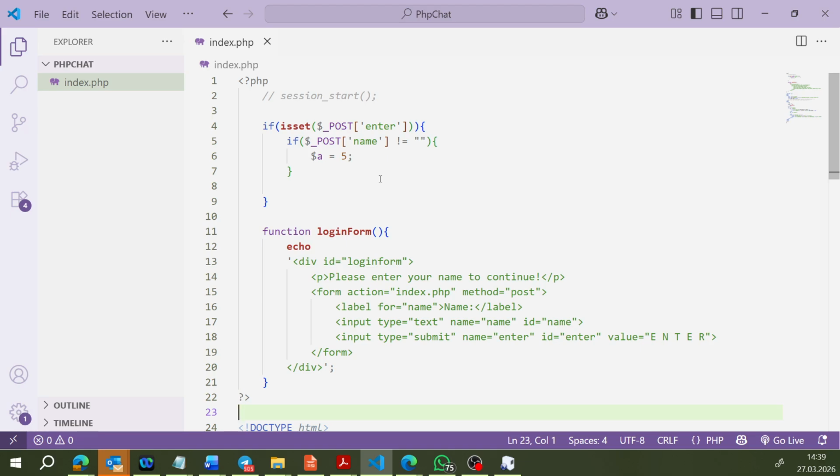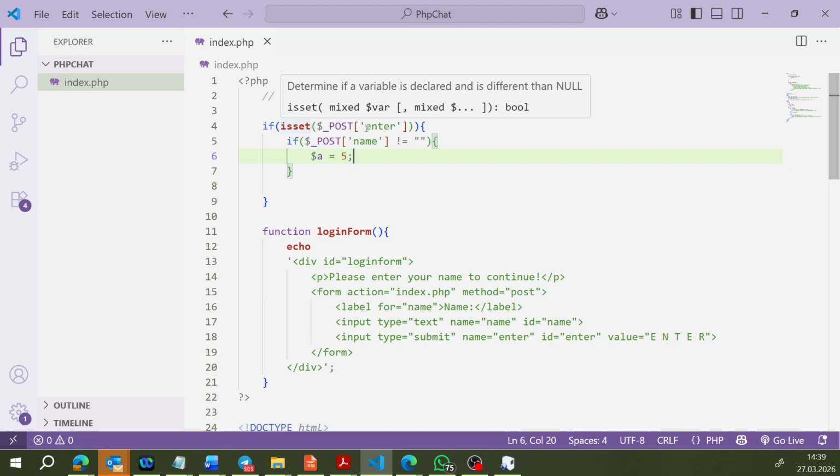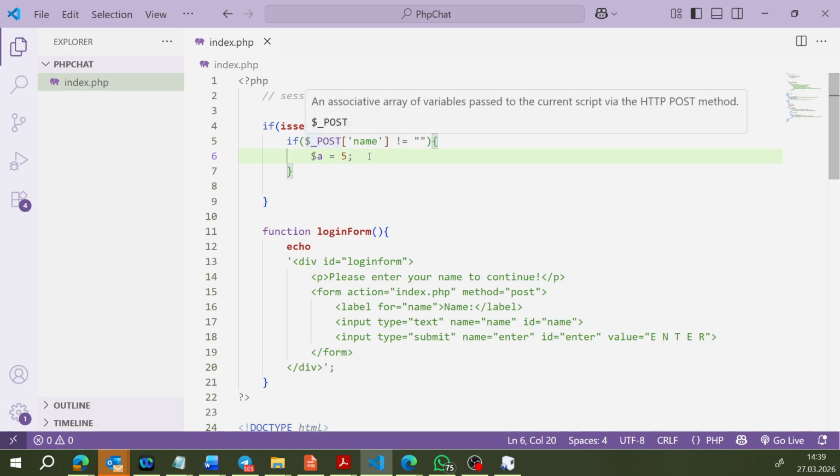When you enter the name, you have a special session name. Here, as you see, I have started the session with session start, and I have commented it out to show that it is not important. But if you work with a session, it's important sometimes to work without refreshment. If you don't do something, then you have to keep the session variables. And now I want to do the following. I want to create basically